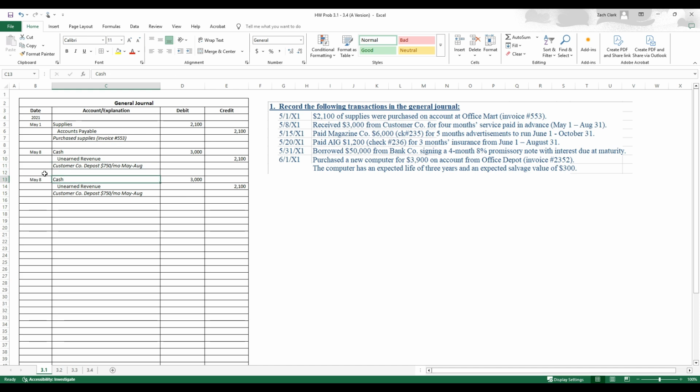Those will come later, and they'll all be made on June 30th. So that's how we'll kind of know and what it's telling us to do in the problem. Okay, on the 15th, so May 15th, we paid magazine company $6,000 for 5 months advertisement to run from June 1st to October 31st. Okay, so cash, sometimes I like to just start with cash because it's kind of easier